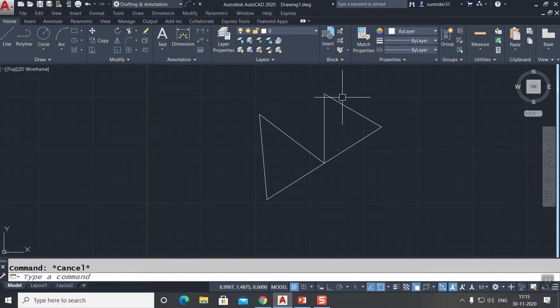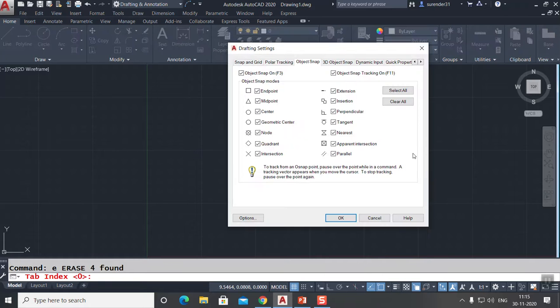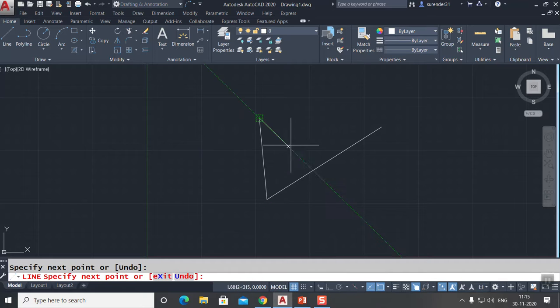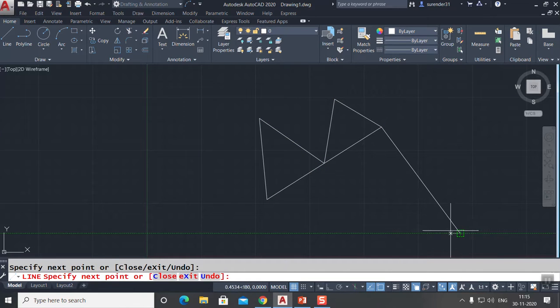So the best technique I always suggest is, whichever is required, you just make them on and then use it in the drawing. See, like this. Now here, as I'm using the OSNAP mode, I place the cursor here. Now it is showing me the endpoint.